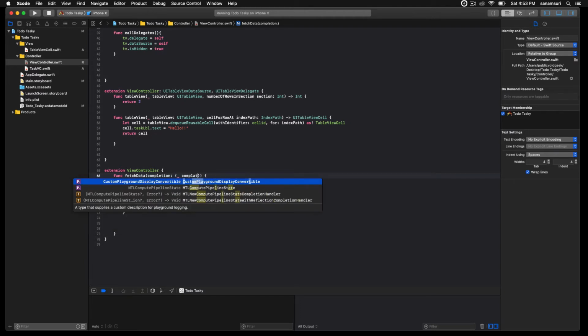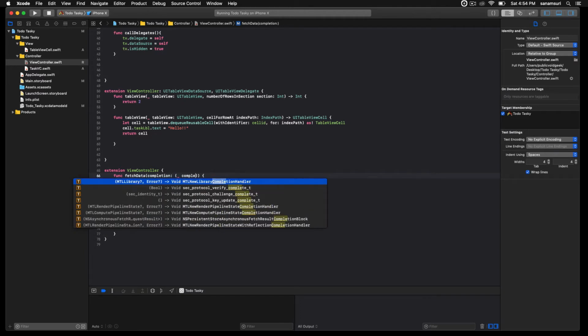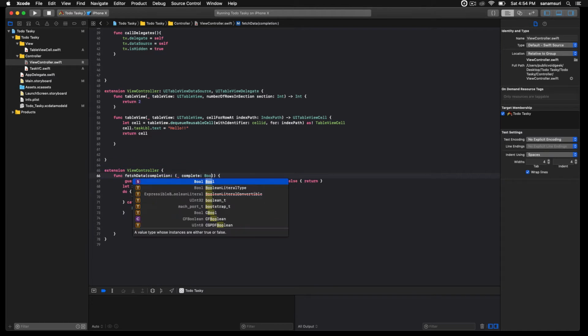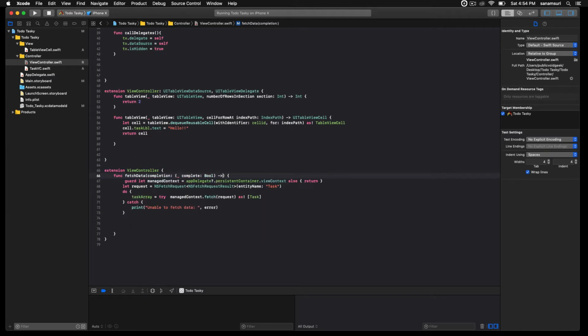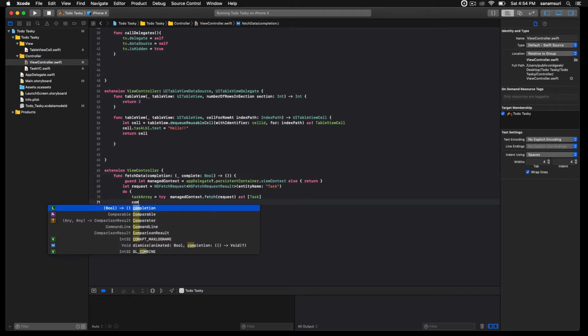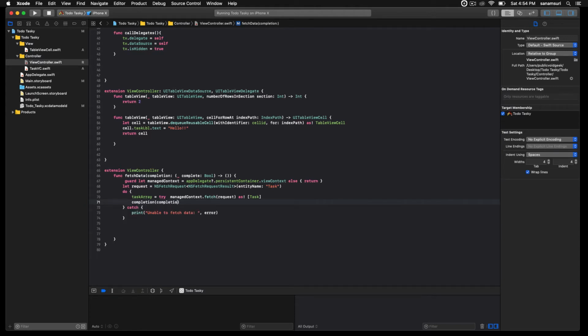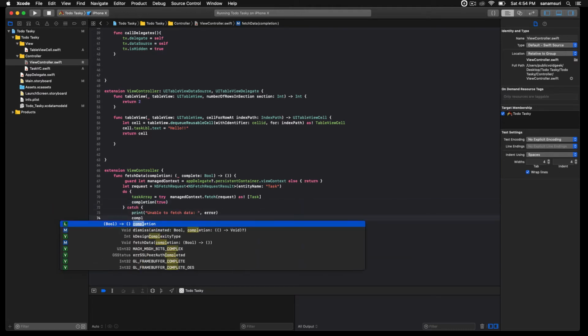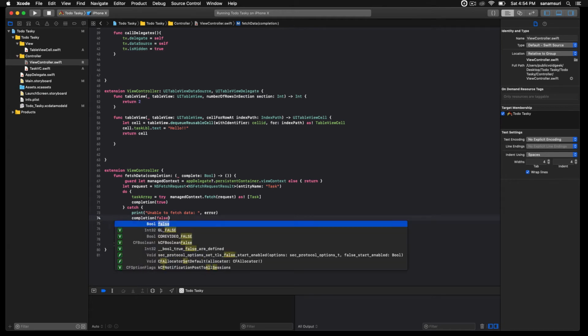We'll call completion and then complete and then bool, and it's gonna return nothing, and that's it. So this is the completion handler, which we can pass right over here. So if it's successful, we can say true,